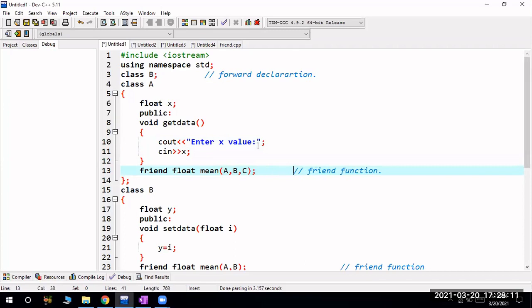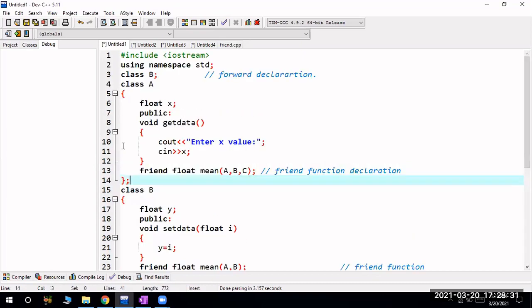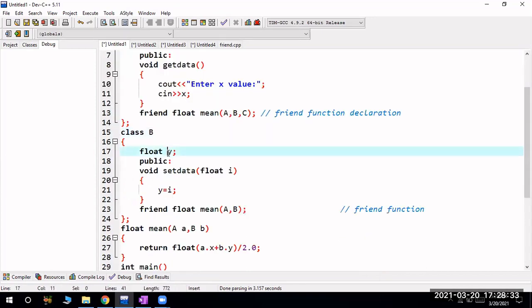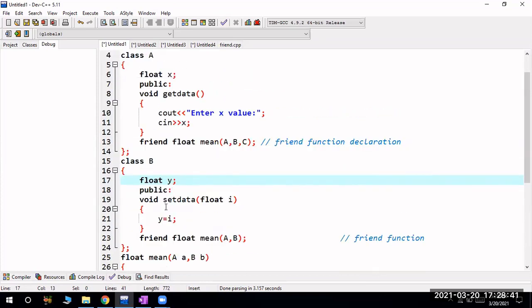So this is called a friend function. This is your friend function declaration. I can define this friend function declaration inside the class. It may be in the public section or private section. You can define it anywhere, in the private section, public section or protected section also. This is class A. Class A is over. Next, after this one, class B, it has float y. It is the private data: y is the private variable of class B and x is the private variable of class A. After this I will take the get data method here also. You can use get data or get x.